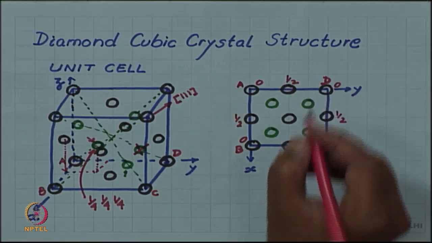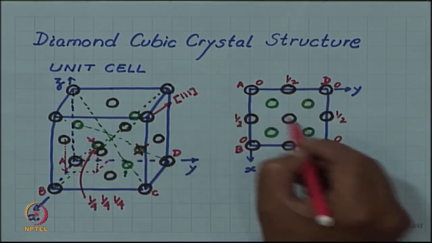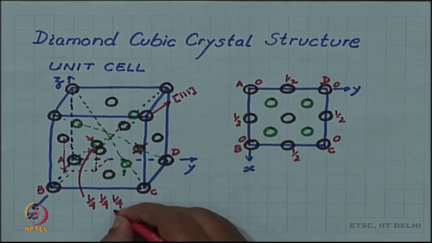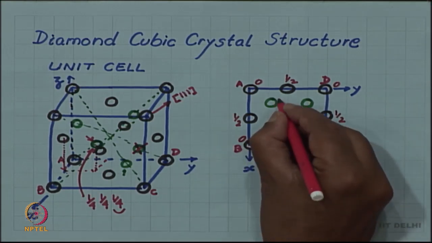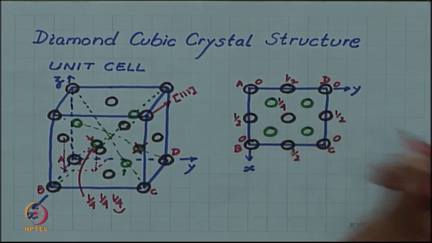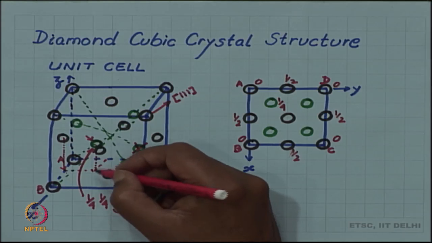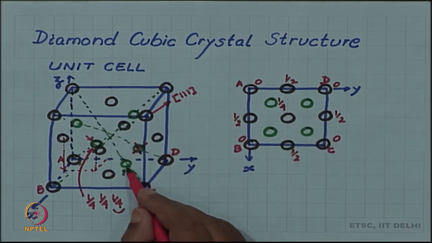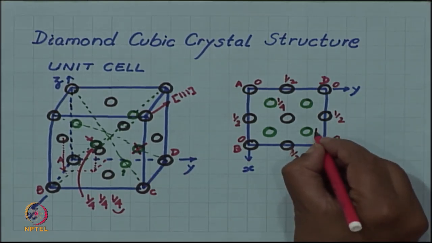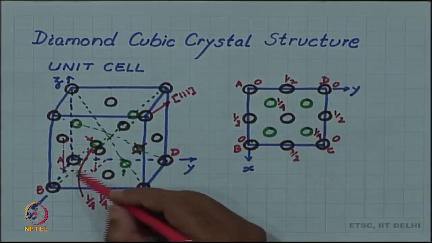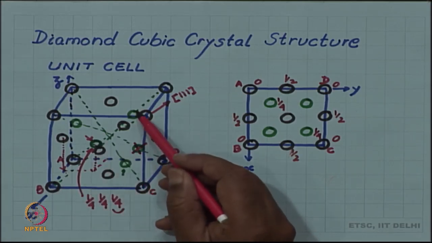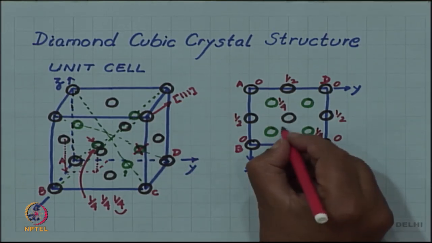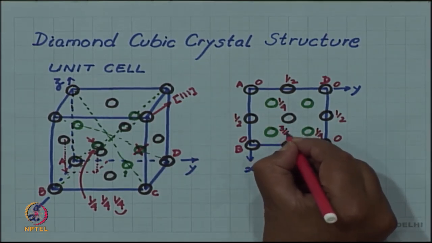And then the 4 on the body diagonal, you saw that this one was 1/4, 1/4, 1/4. So, its z component was 1/4. So, I write 1/4 to indicate that the height above the projection plane is 1/4. Similarly, this one, which is here, is 1/4. And the other two on this diagonal, since you have an atom at 3/4 distance, its height from the basal plane also is 3/4. So, I write 3/4,